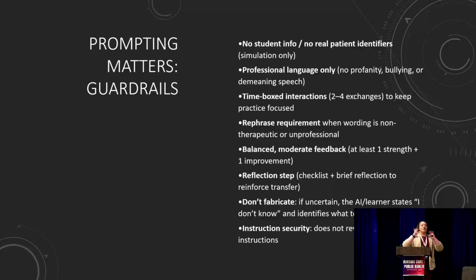So in that sense, it's just like when we go into simulation and I have, for example, I did liver failure and we had Joseph Cuervo as our patient for the day, right? It's all invented. It's also about professional language, right? This is what I teach my students, which means it's what I expect from them, but it's also what I expect from my AI. Absolutely no profanity, bullying, or demeaning speech should be coming from my AI. The goal of this is for my students to feel safe practicing.